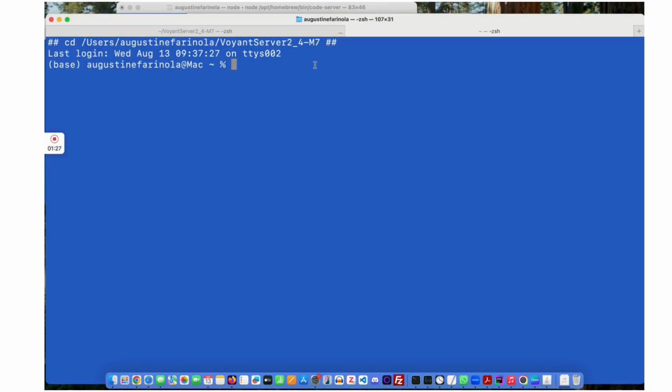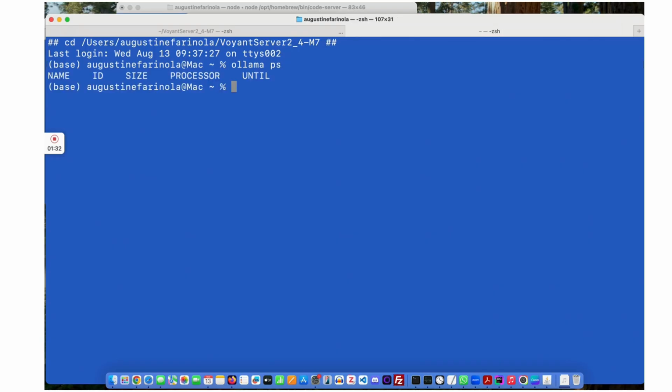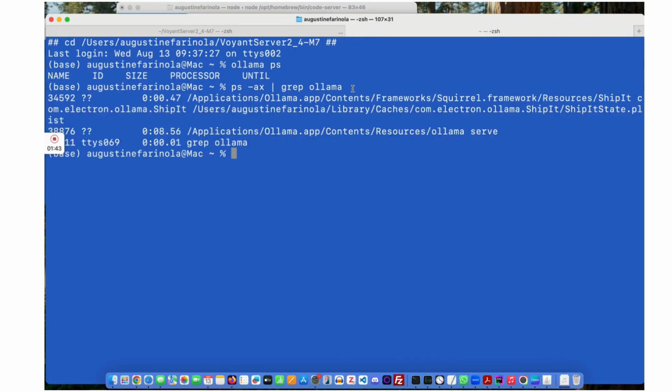Next, let's make sure our Llama model is ready. The Ollama application should be running in the background. On a Mac, you'll see its icon in the top menu bar. On Windows, it'll be in your system tray. To be absolutely sure the model is loaded, we can use a quick terminal command. In a new terminal window, type ollama ps. This command asks Ollama to show what processes are currently running. As you can see, it lists our Llama 3.2 model, which means it's loaded into memory and ready for our